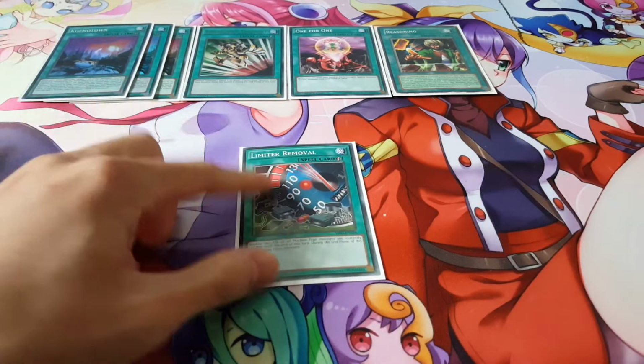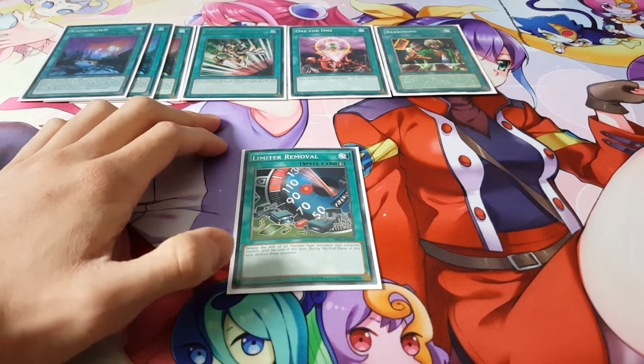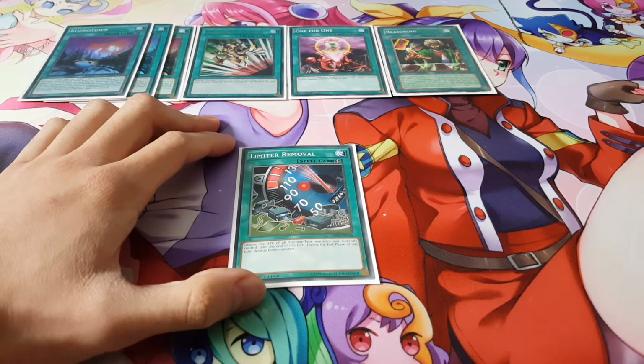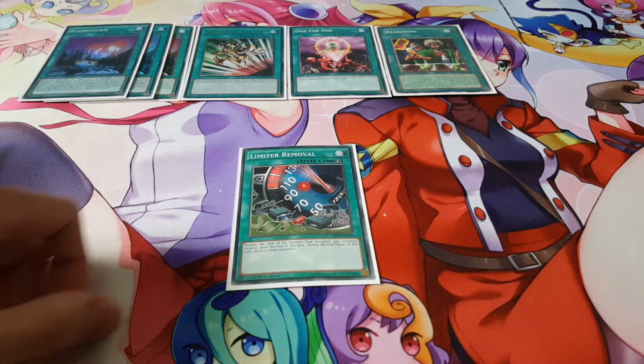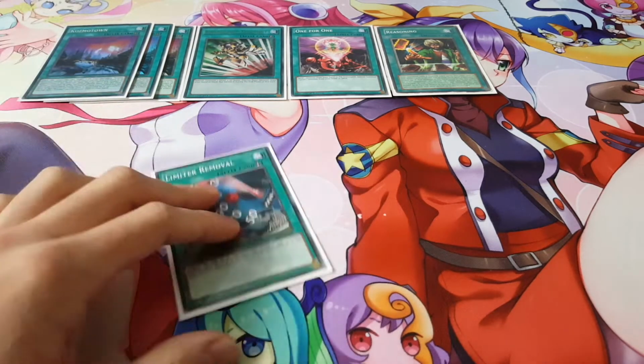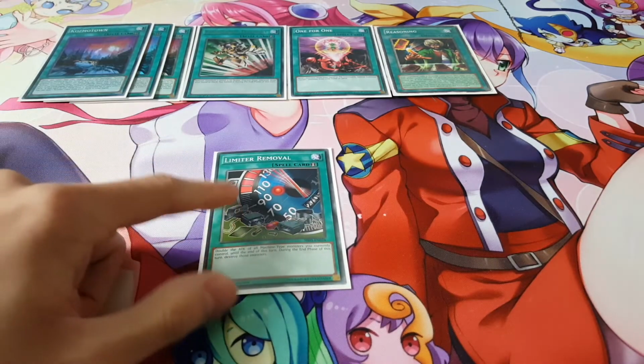We are ending things off on spells with Limiter Removal. I figure I might as well just play this just for fun. This deck is obviously more of a casual based deck. Obviously you can bring this to a tournament, in which case take this out, put in a Dark Hole, put in a Raigeki. But for now I'm just sticking to Limiter Removal because I think it's a really good card,